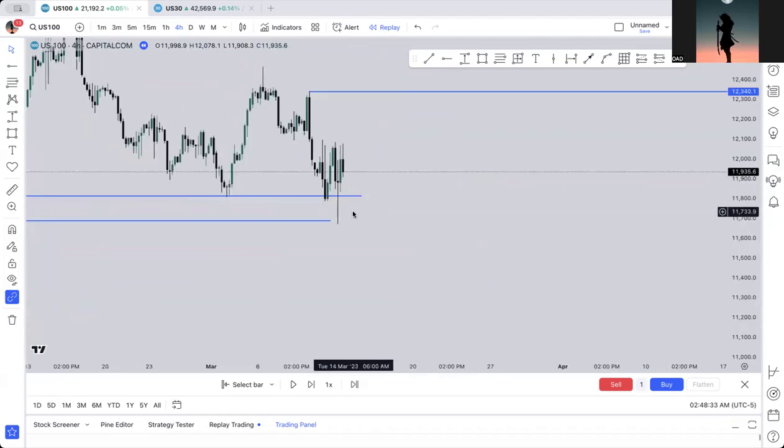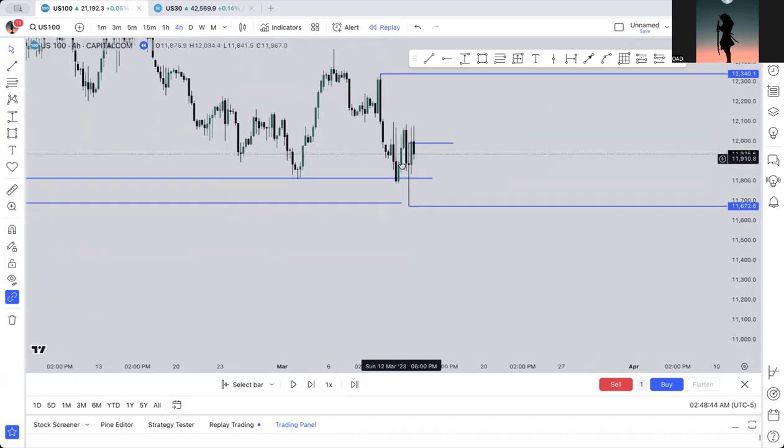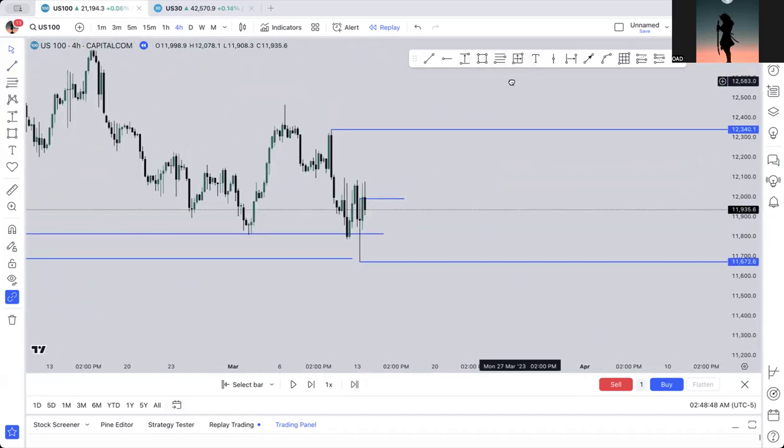But once price fully rebalances this gap, you want this low to be protected. So you can even enter right there, right? You can even enter right there, and you don't want price to come back to this, since this is a very, very